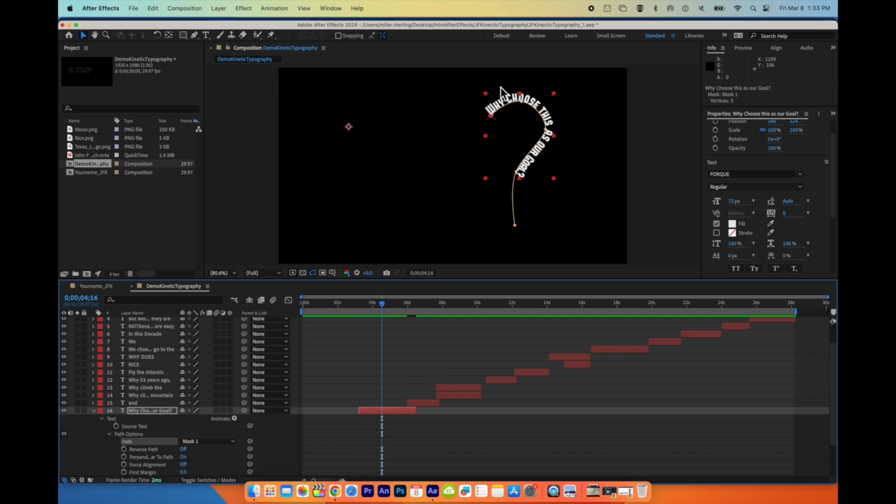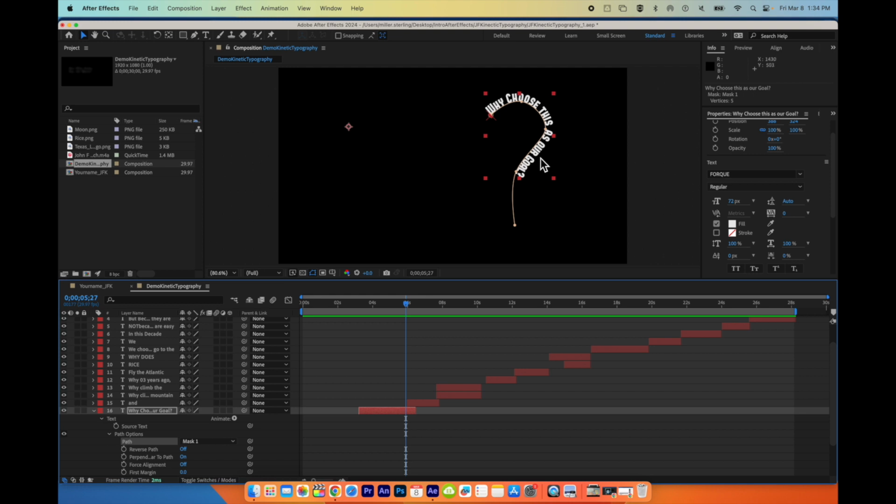Now I want it to kind of look like it's climbing down and going to the end. Before I do that though, I want to choose what the end looks like. So I like to animate by looking at what the end goal is going to be. So I'm going to move my playhead towards the end of what I want it to be. Now I'm going to extend my text so it goes further down, and by extending it, I'm going to add